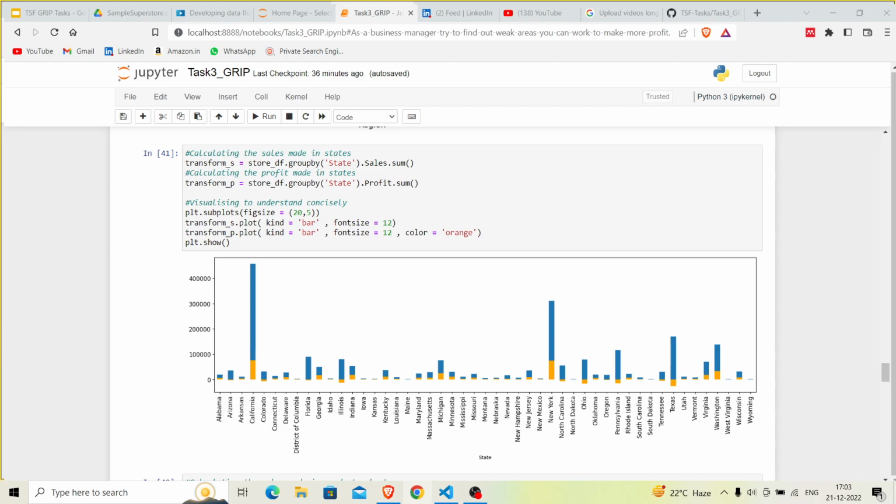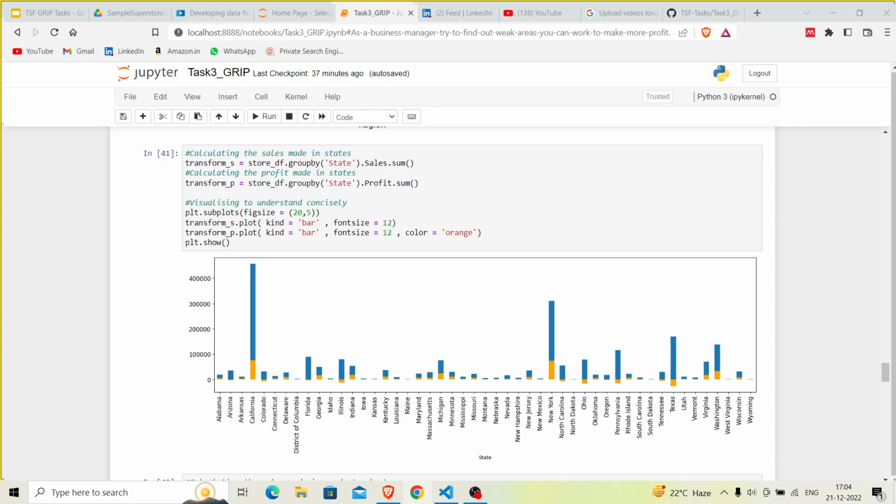So what we can see here is for the state of Illinois, the state of Ohio, the state of Pennsylvania, the state of Texas, and the state of Wisconsin, sale is there but the profit is negative. So a suggestion which I would like to give here is that the store must look into why the profit here is negative. And for the state of Indiana, Michigan, Kentucky,